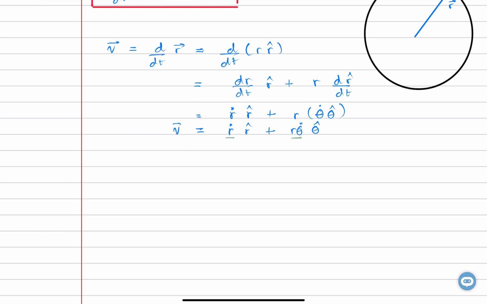We have special names for these, and this component of the velocity would be called the radial velocity, and radial velocity is when theta is constant and r varies, whereas the other component, this part, is what we call tangential velocity,